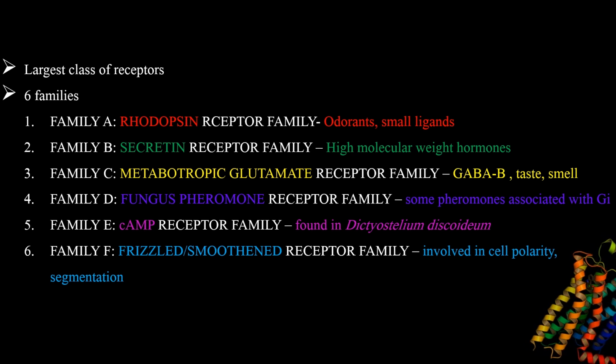Here GABA B, taste, smell, etc. are the ligands. The next one is the fungus pheromone receptor family. Here the ligands are some pheromones associated with Gi, that is inhibitory G proteins. And the next one is the cAMP receptor family. cAMP, as we already studied, is one of the major important secondary messengers in cell signaling. Here it is usually found in Dictyostelium discoideum. And family F, that is the frizzled or smoothened receptor family, is usually involved in cell polarity,